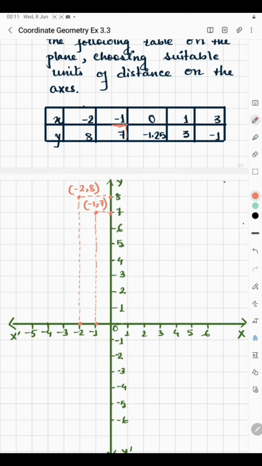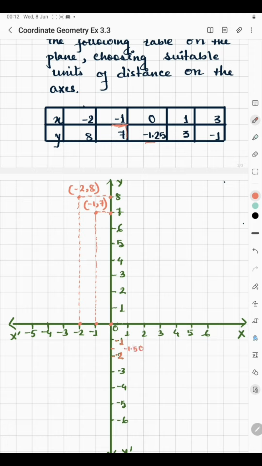Next we have 0, which is the value of x. So here is 0. Now the value of y is -1.25. -1.25 is less than -1, so we will move down from the origin. So here is -1 and here is -2. So in between -1 and -2,